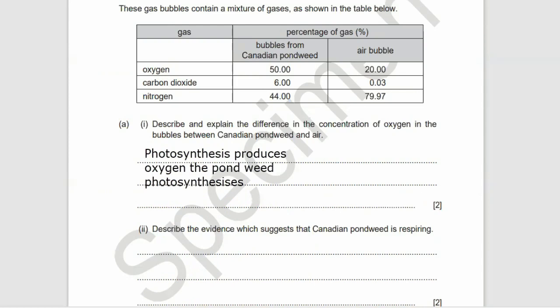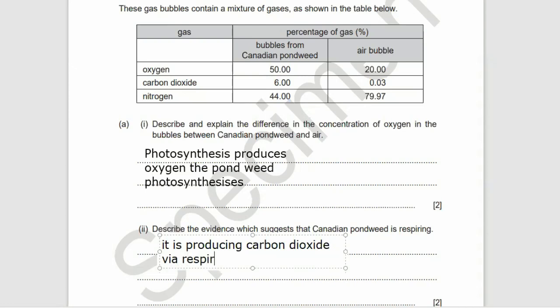Cool. Let's move on. For another 2 marks, describe the evidence which suggests Canadian pondweed is respiring. So what's the evidence that it's actually respiring? Well, if it was just photosynthesizing, it would have even less carbon dioxide than the normal air because photosynthesis uses carbon dioxide, but its carbon dioxide level has gone up. In fact, it's gone up many, many times greater than the normal carbon dioxide level in the air. So it is producing carbon dioxide